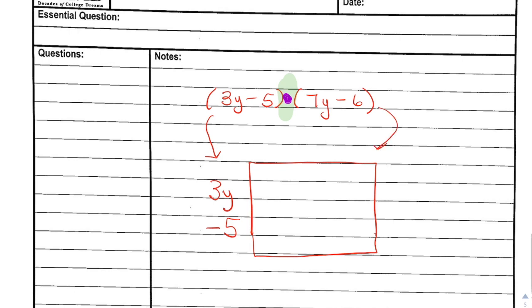And then I'm going to bring my other factors up top. So 7y and negative 6. And then I'm going to draw lines in between my terms to create my box. All right, so now that I have my box set up,